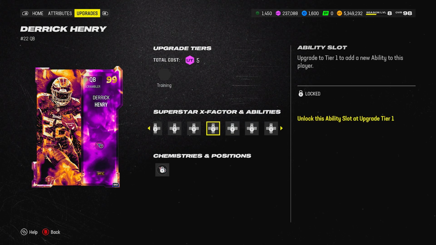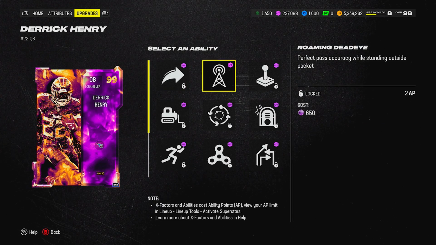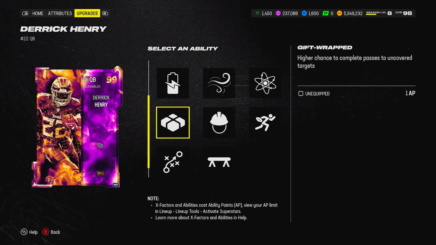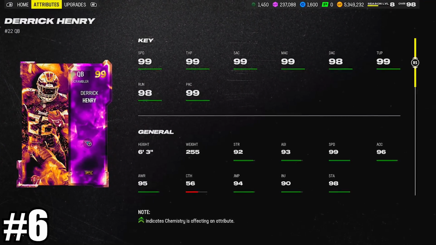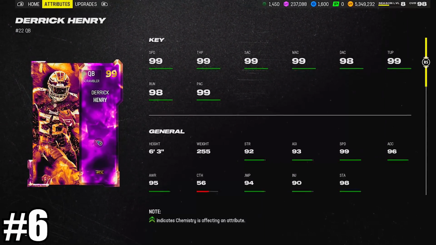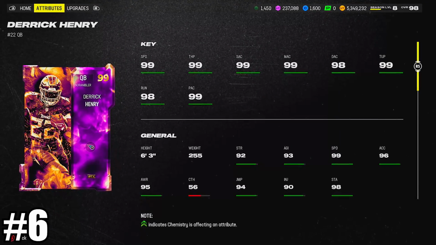Most receivers, or all the skill position players, are going to get all the apprentices you need. So rocking a stack, I would personally go Charge Up Truz for 0 AP, Set Feet Lead for 1, Fearless for 0, Gunslinger for 0, Roaming for 2, and Gift Wrap for 1. In my opinion, you pretty much have everything you need there for 4 AP, plus one of the best running